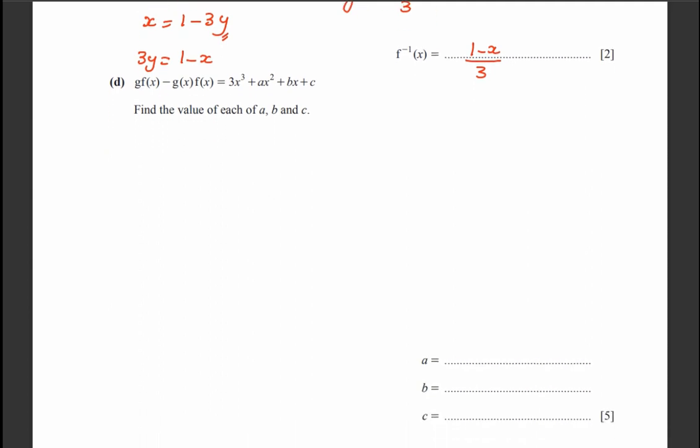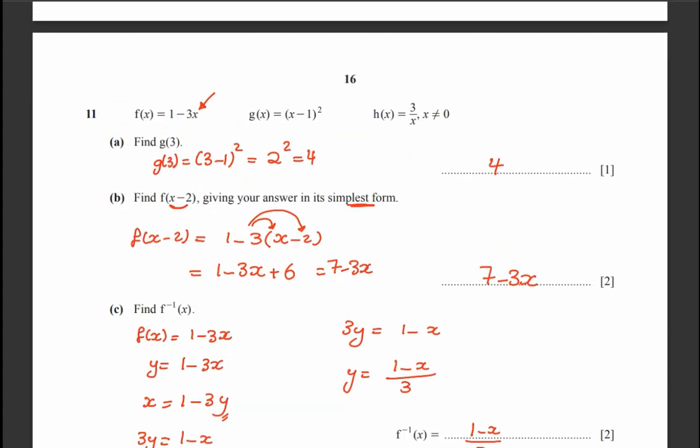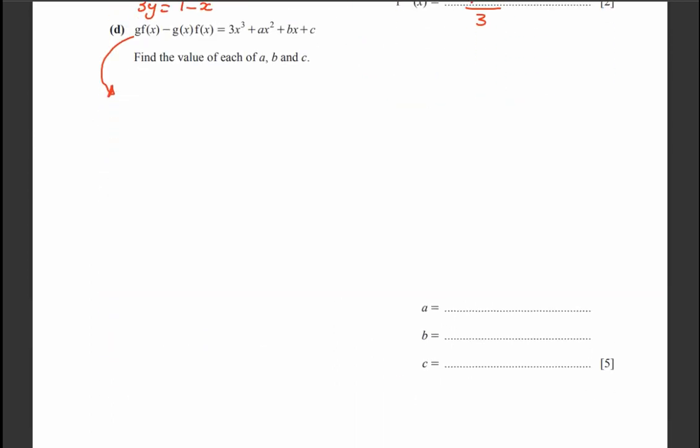Next question. He's telling me in this question that g(f(x)) minus g(x) multiplied by f(x) equals something, and he wants me to find a, b, and c. g(f(x)) means take f(x) and put it inside g. Remove this f(x), all of it, and put it inside g instead of x. So it will be